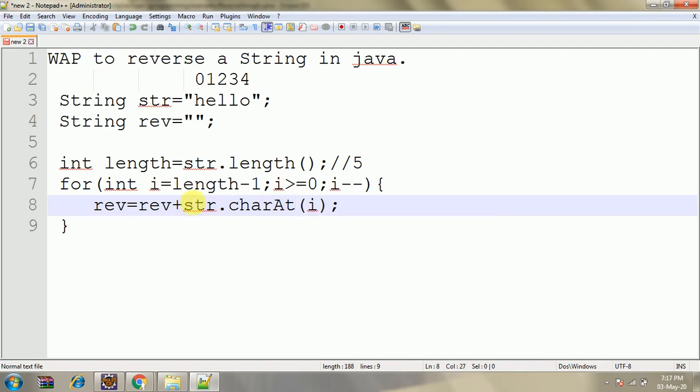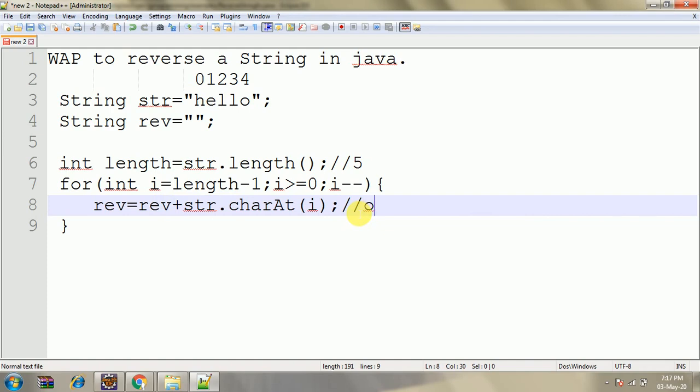Currently i is equal to length minus 1, so length is 5, 5 minus 1, 4. At the fourth position we have the character O. So this O will be concatenated with reverse. Reverse is initially empty, so here we will get O.